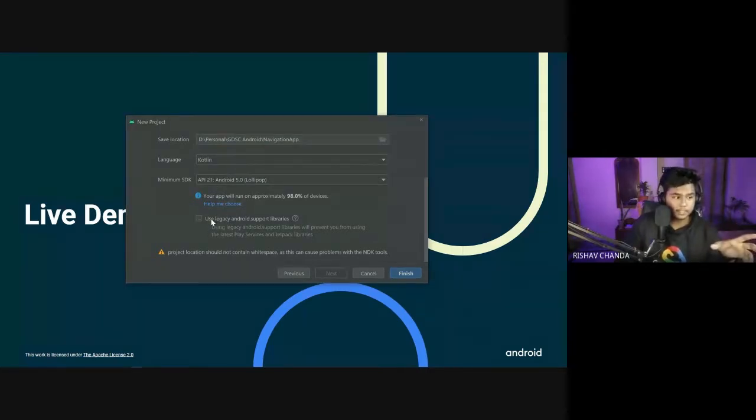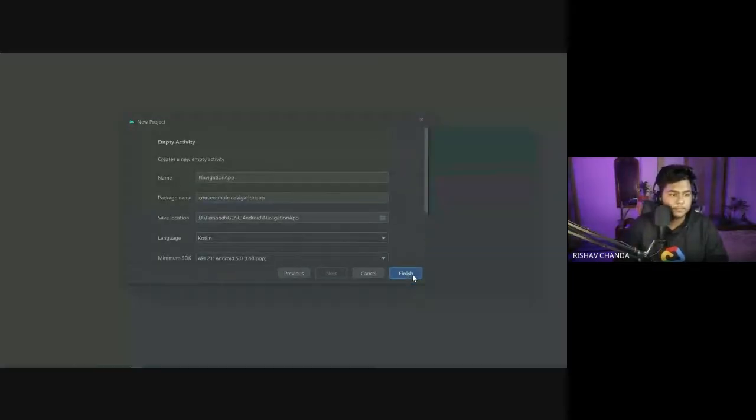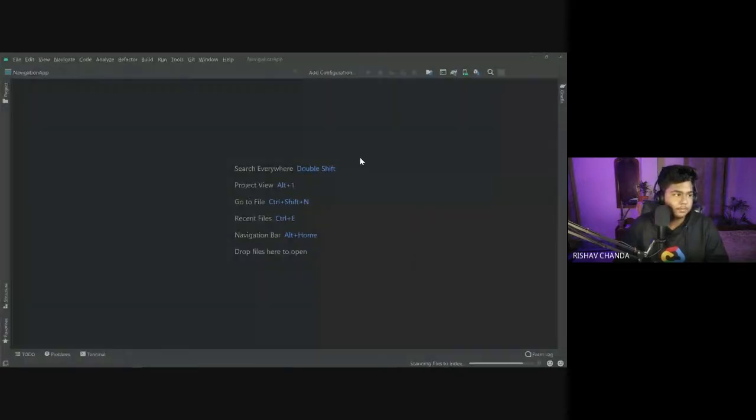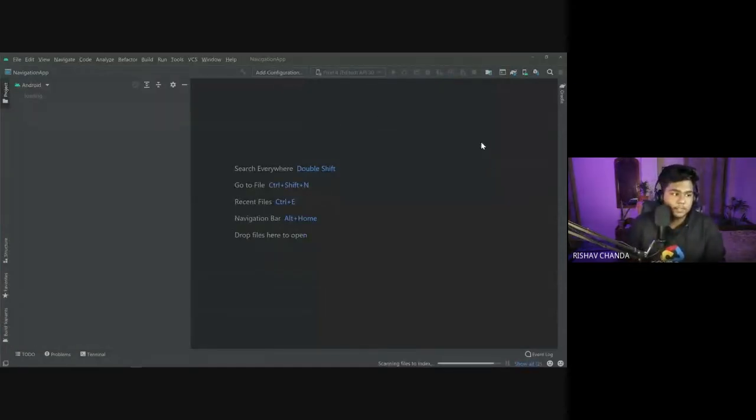One more thing is that don't tick this one, because if you do, you won't be allowed to use the Jetpack libraries which I mentioned. The navigation components and view model are part of the Jetpack libraries. So don't tick this. Untick it if it is ticked by default, because here it is written that you will be prevented from using the latest Play Services Jetpack library. And after this, simply click on finish. Now it will open up your Android Studio, so just wait till it builds. And if anyone has any doubt, you can tell me.